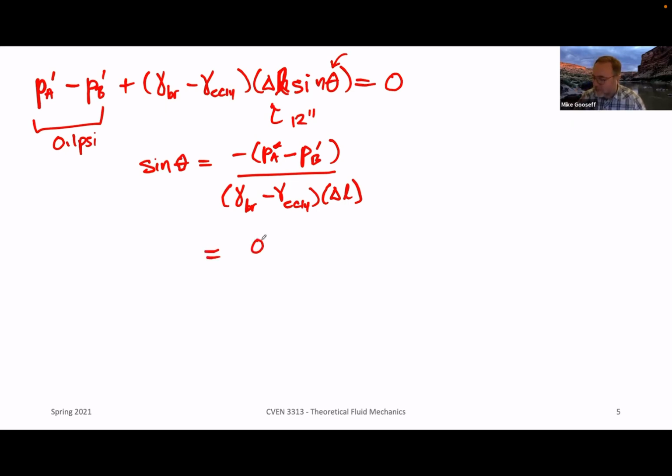So this is now 0.1 pounds per inch squared in the numerator. That's a negative in front of that. And then we divide by, in the denominator,